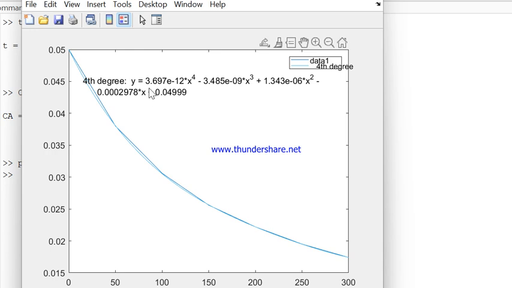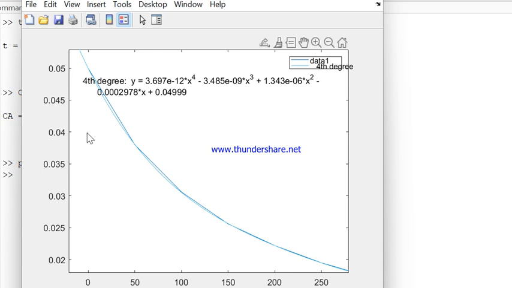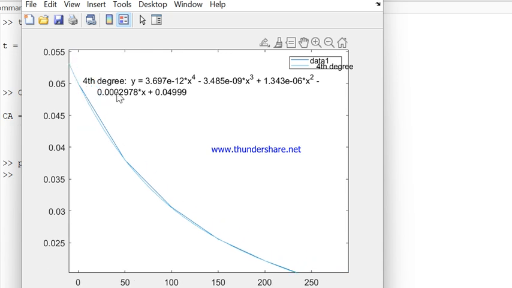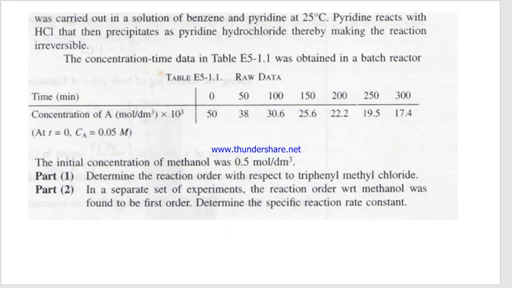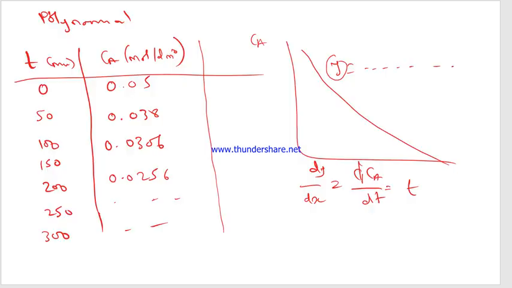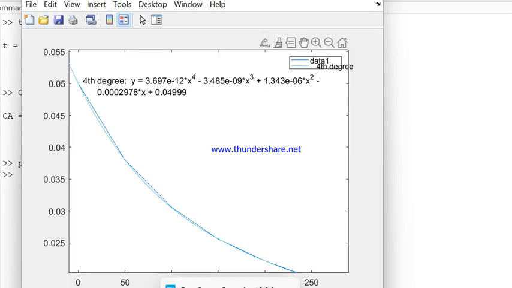So this is it. This is the fourth degree. So it means what? Y equals to 3.697 exponential minus 12 x to the power 4,